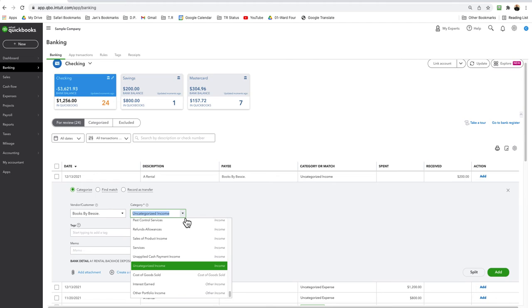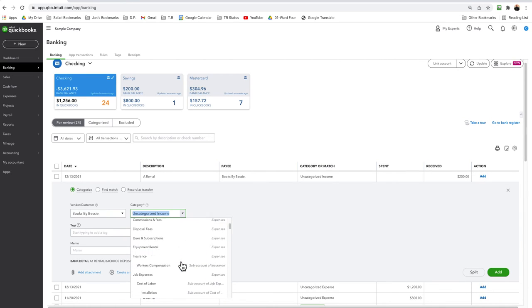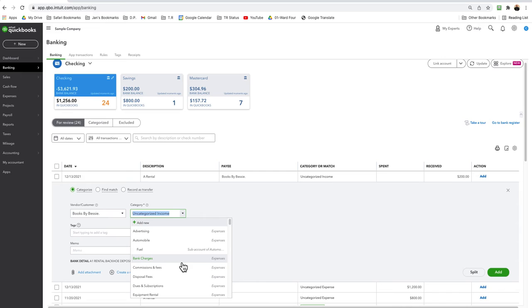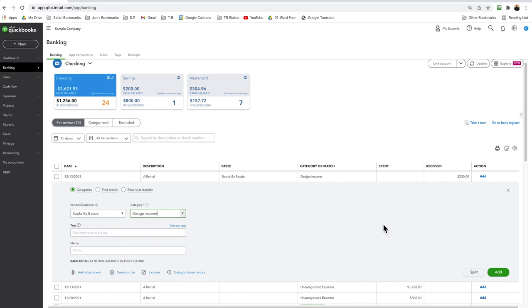And we will make it design income. Sorry for the delay. So this is correctly posted, or will be. We're just going to add it from here,